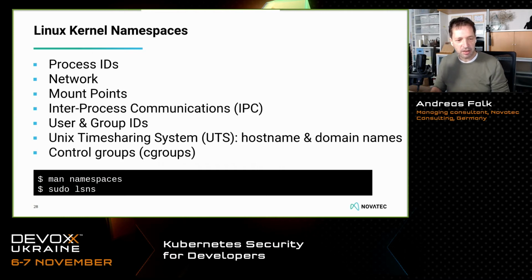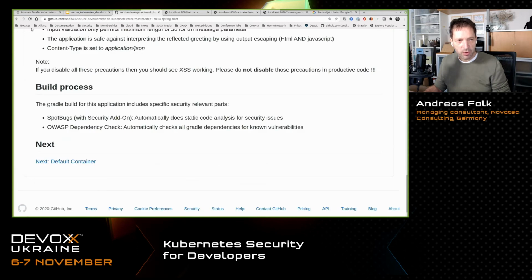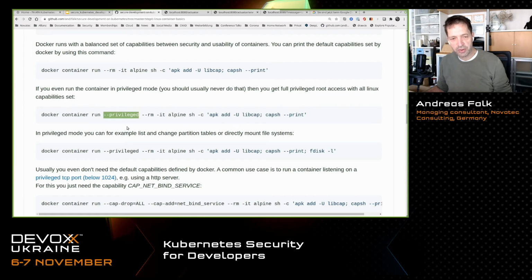You can easily query for namespaces. In that case, we will just jump over the surface pretty much for hackers. If a hacker gets a grip on your Docker container with a privileged flag, then it's much easier to break out of that container and also be privileged and root on your host system.